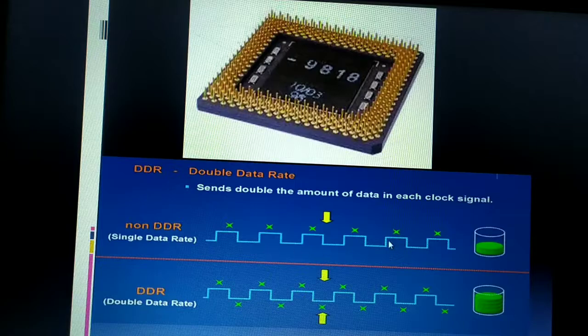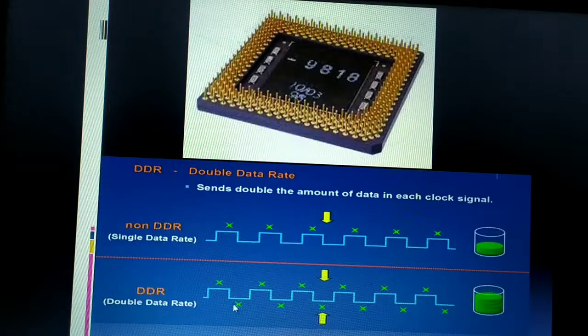In such a case, maybe it is transferring at 32 bits rate. Whereas in case of the DDR, that is double data rate random access memory, it is transferring the data to the CPU for the processing purpose both at the rising edge and the falling edge of your clock signal. Clock signal, once it is rising, once it is falling, so usually zeros and ones. So in case of double data rate random access memory, it will transfer double the amount of data in each clock cycle. This is the rising edge: when the signal is high, when the signal is 1, the data is transferred. Even when the signal is low, the data is transferred. High and low, you can see here.